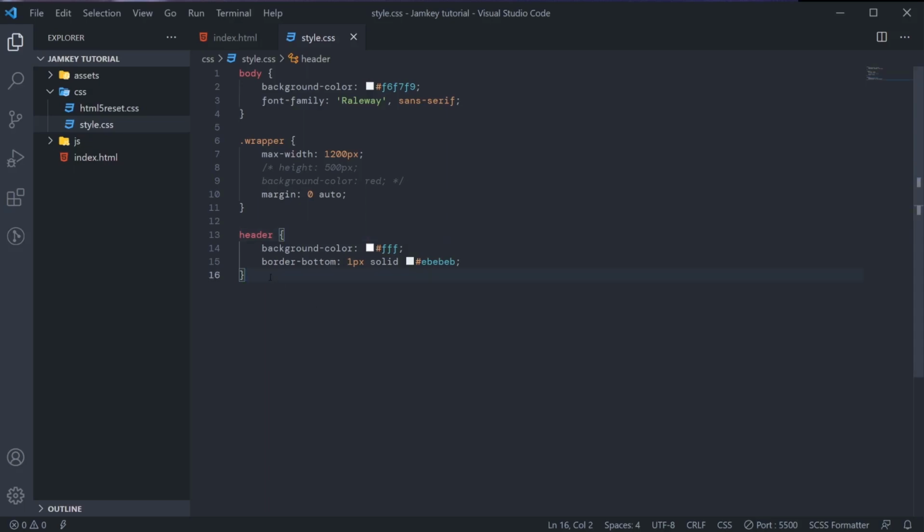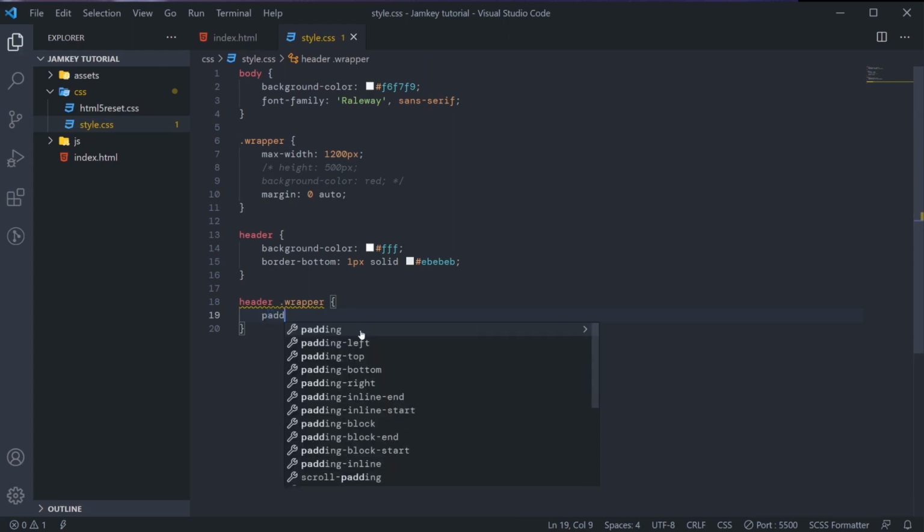I'll go target header wrapper. You get why I target this one again, because we already targeted wrapper here? Because we have different sections and I will likely use this wrapper class for other sections. But based on this particular section, it gets a separate custom style, so I'll make it affect the wrapper class inside header.